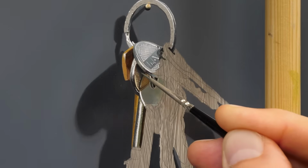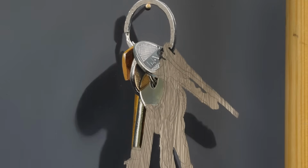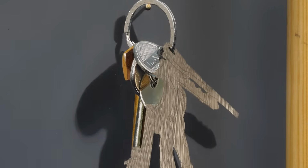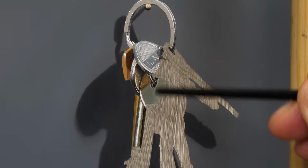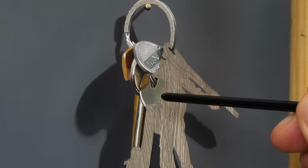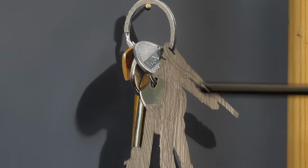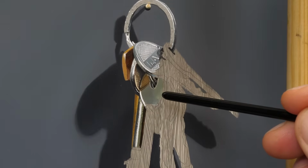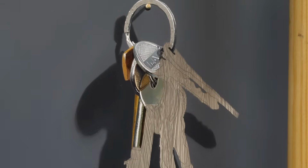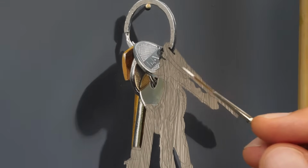So this little bit here is a reflection of this key to the left. Interestingly, I know it's metal. Some of these keys are brass, and some are obviously steel, stainless steel, something like that. But they're old. They are actually my office keys, and there are loads of little dents on there. So in some ways, that makes it a little bit easier, because you don't need really smooth